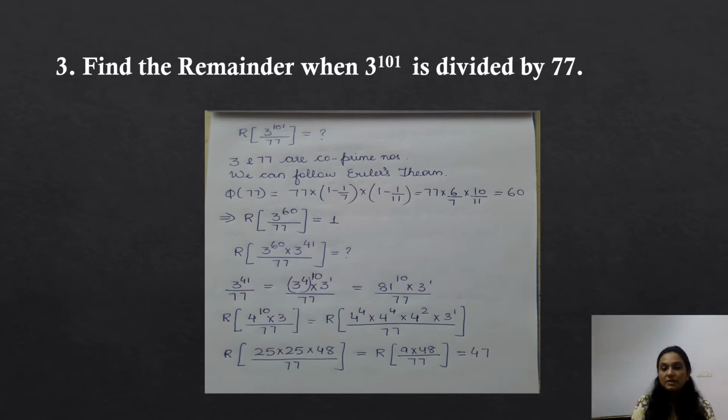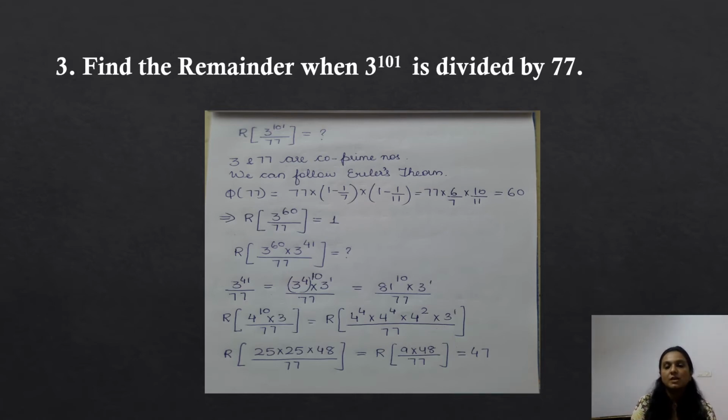So 3 and 77, 3 is a prime number, 77 is a composite number, but they are co-prime numbers because they do not share any other common factor. So let's follow Euler's theorem. We'll find out phi of the denominator, which is phi of 77, the number of numbers less than 77